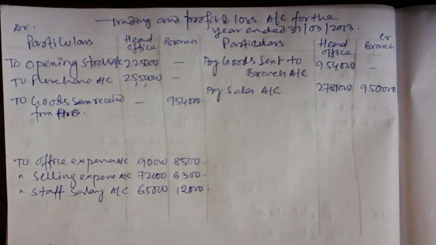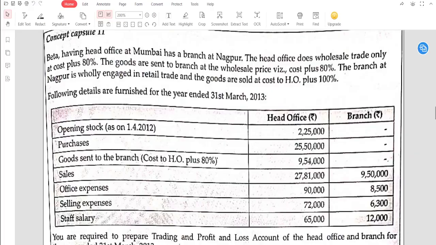See guys, from the question if you see, there is nothing as such with respect to the closing stock or any other profit. Neither is gross profit given nor is closing stock given here. Correct? Neither are you receiving anything else with respect to this. There is nothing here, this is what we need to understand. You need to understand this. So how will we do it? See, the first thing I need to do here is